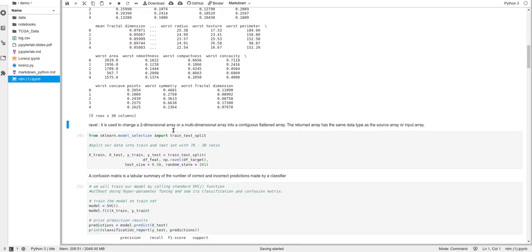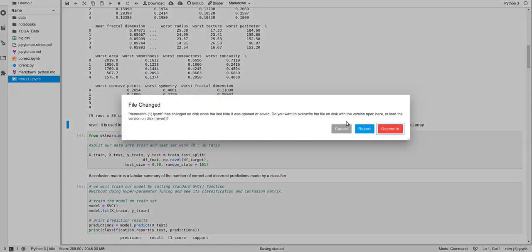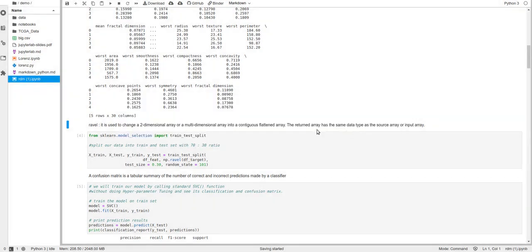Now we will split our data. To train our model, we have to split our data set into a training set and a testing set. So we will import from sklearn model selection import train_test_split.